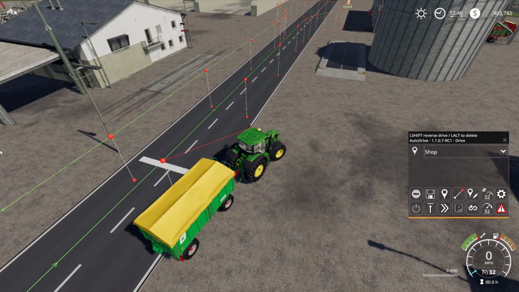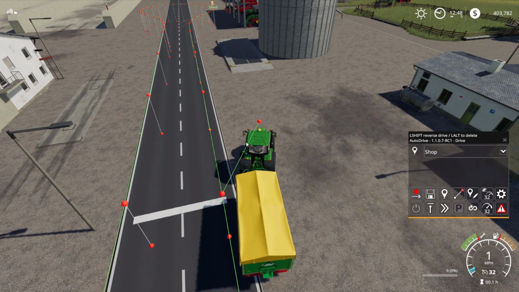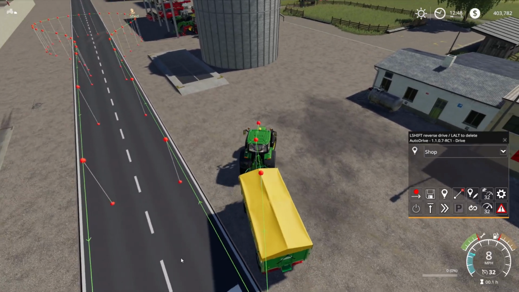So we know that with a line from the tractor connected to that dot, if we create a new element of course, we start recording now, it's going to take the next recording point from that one. So let me just demonstrate that for you so you know what I'm talking about. If I hit record now, it's created a new point here, and it's joined it to this part of the old course. Now what I want to do is drive around to here,